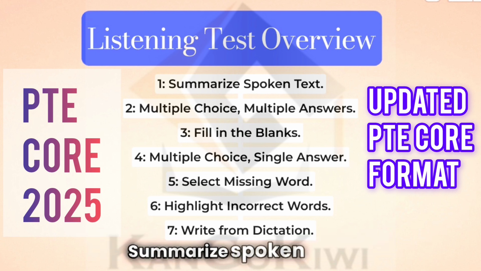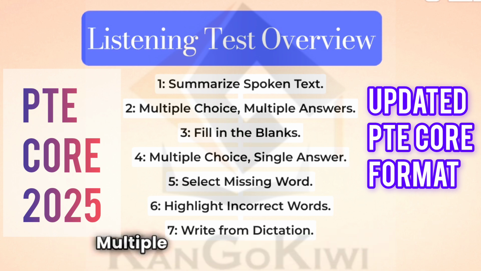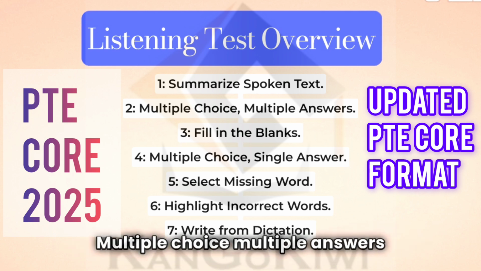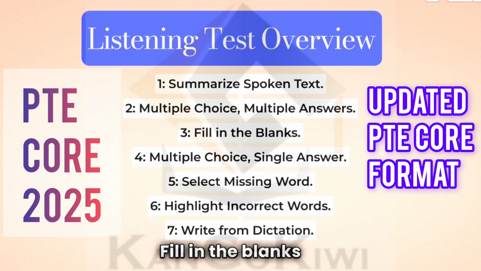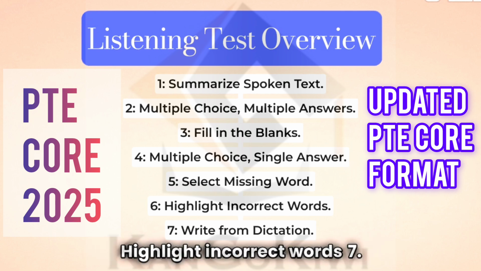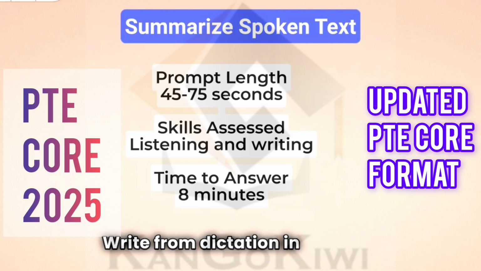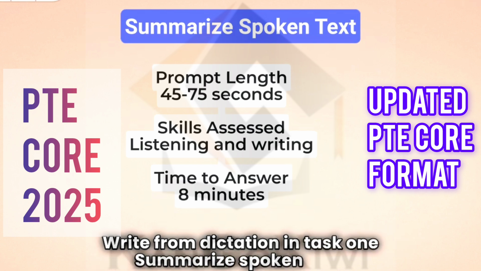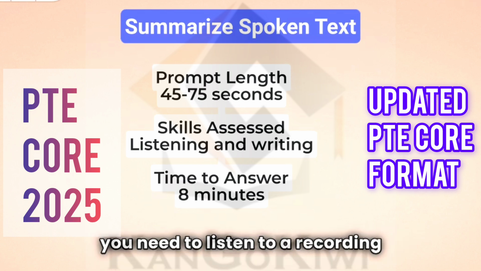1. Summarize spoken text. 2. Multiple choice, multiple answers. 3. Fill in the blanks. 4. Multiple choice, single answer. 5. Select missing word. 6. Highlight incorrect words. 7. Write from dictation. In Task 1, summarize spoken text, you need to listen to a recording and then write